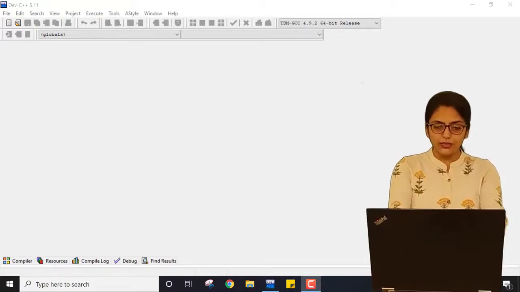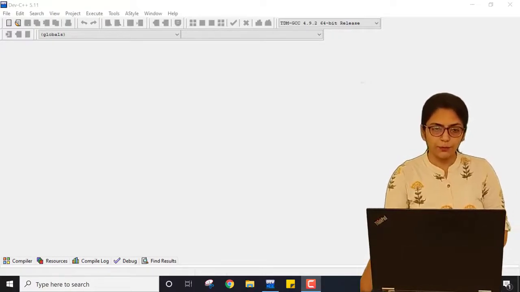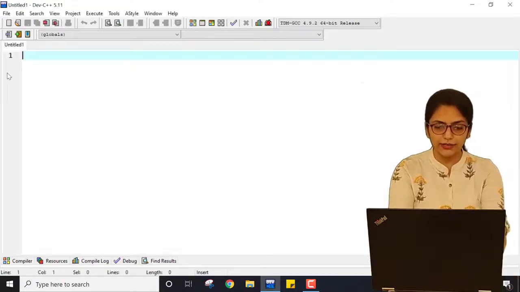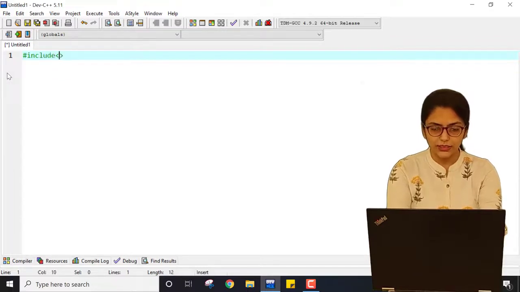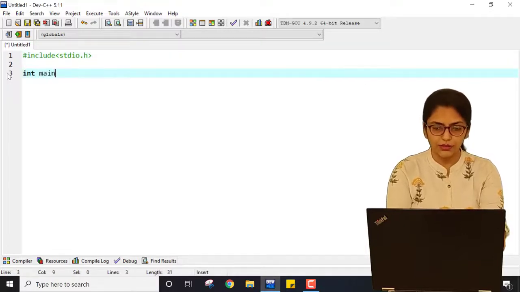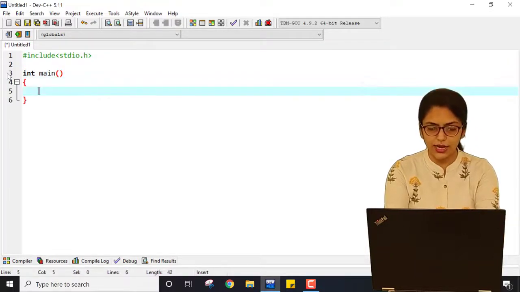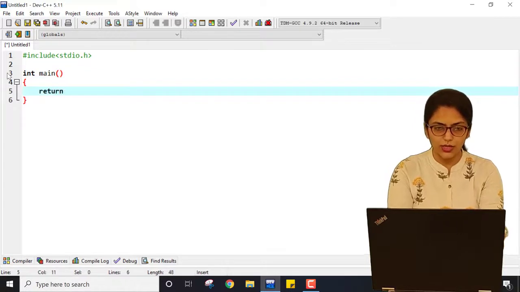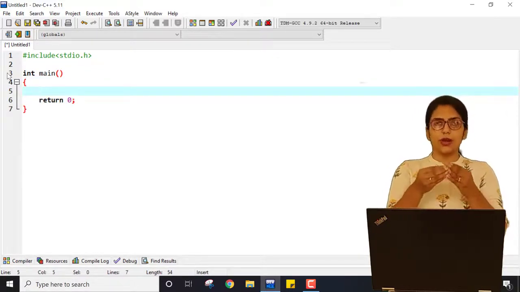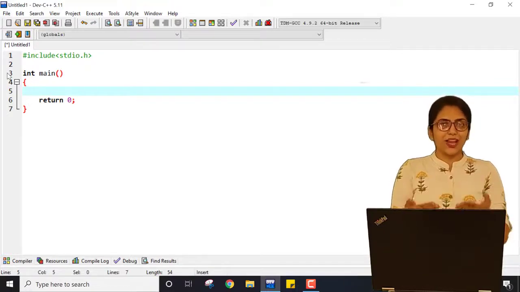So for that, first I would like to open a new project. Inside that I will write include stdio.h, which is very common for all programs, int main. Then I am just writing return 0. Now I have to ask the user to enter a number so that I can check it, right?